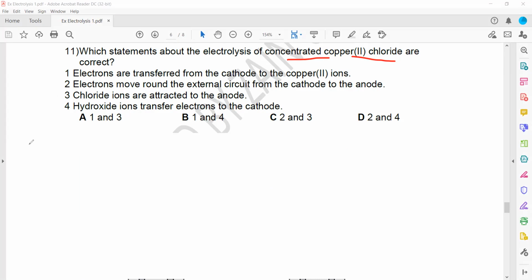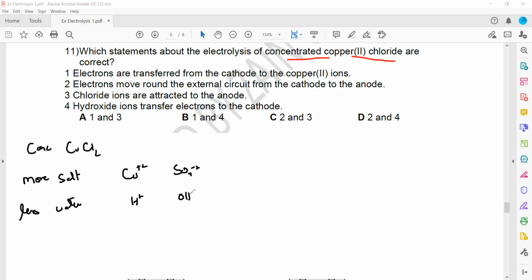So we have concentrated copper chloride. Concentrated means more salt. As the term concentrated means, it will have more salt, we'll have more copper chloride, and less amount of water. So copper ions are there, chloride ions are there, hydrogen ions are there, and hydroxide ions. I will just draw this so that you understand the concept. Directly you can also answer, work out, but